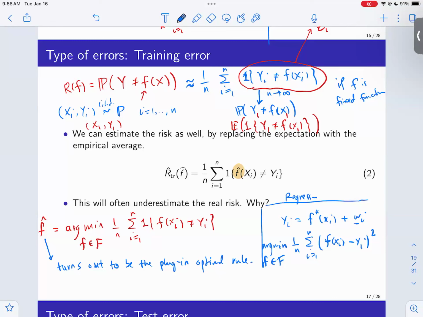Has anyone seen any real machine learning applications? Yes. Use a different loss function, like you use the absolute loss instead of minimizing squared error. So if you use a different loss function, you get a different estimator, right? For different reasons, you might want to do that. Even in classification, I can use the L2 loss, for example. But that would change the estimator. It doesn't necessarily help you to evaluate the risk. So you want to also apply the loss here.